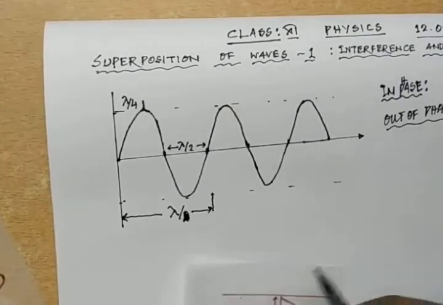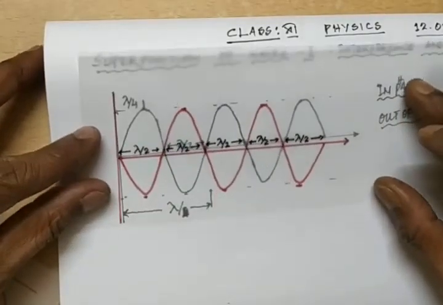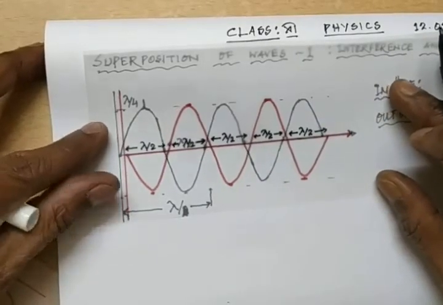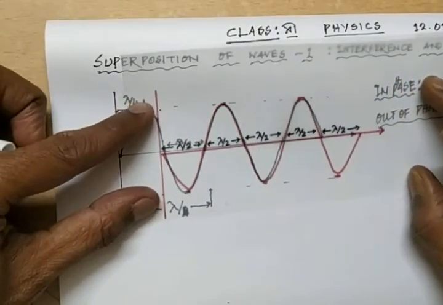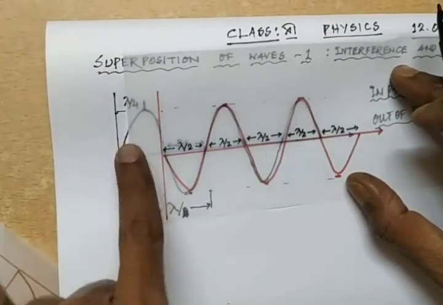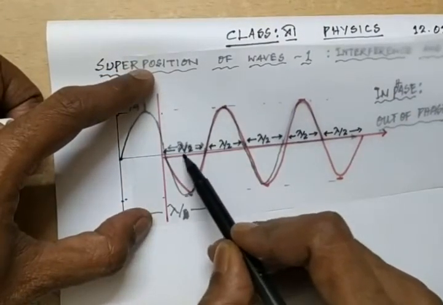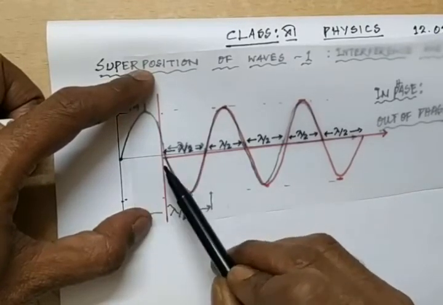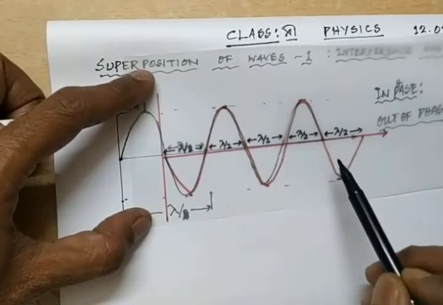See, these two waves are out of phase. First of all, let's place the out of phase wave. See, now I am moving this out of phase condition a little bit forward. See, after covering a distance of lambda by 2, so what is this distance? This distance is lambda by 2. So how much did this wave come forward? Lambda by 2. When the wave comes lambda by 2 forward, then again those two are in phase.